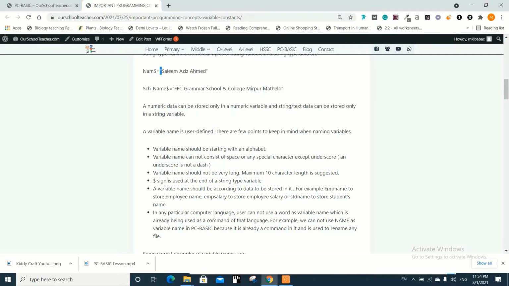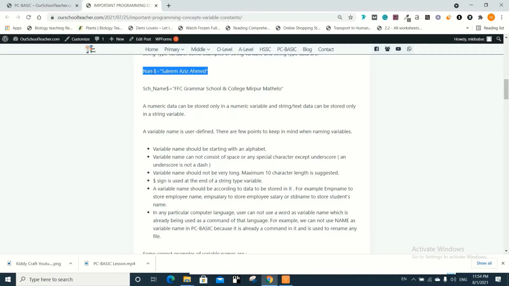In any particular computer language, the user cannot use a word as a variable name which is already being used as a command of that language. Here you can see I have used NAM instead of NAME, then $, because these examples I have taken from PC Basic, right? And in PC Basic, NAME is a command by itself.